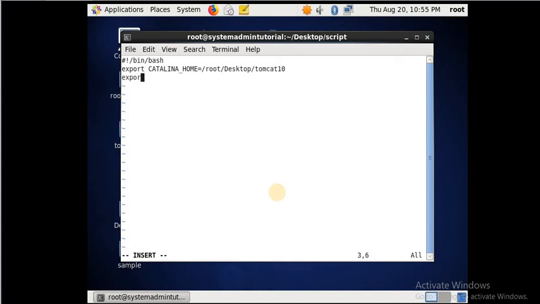Next line will use Catalina base, then run the script. This is the common parameter for all the startup scripts.